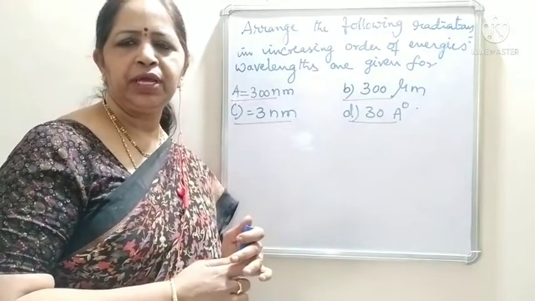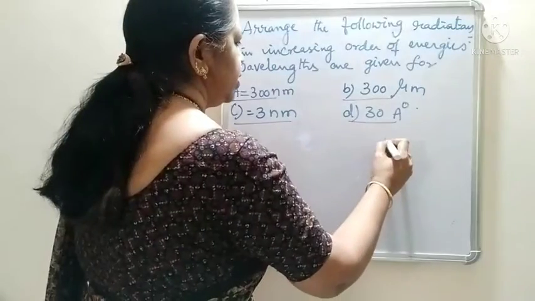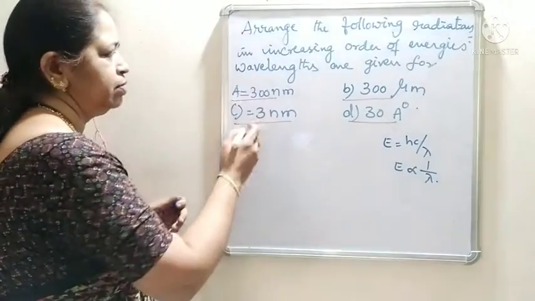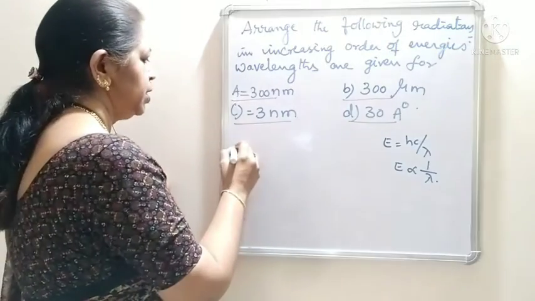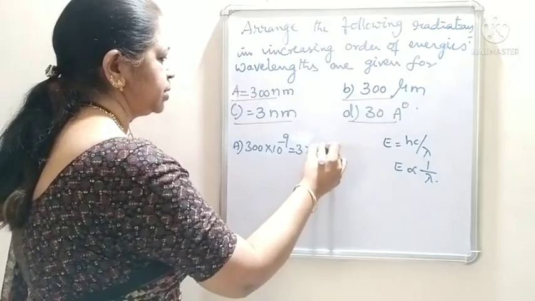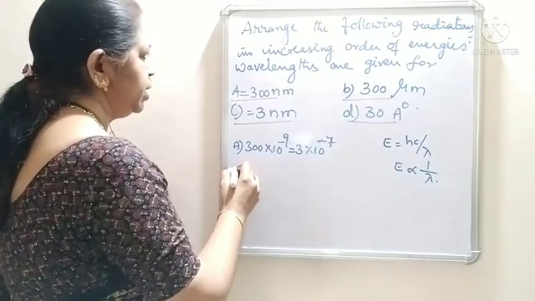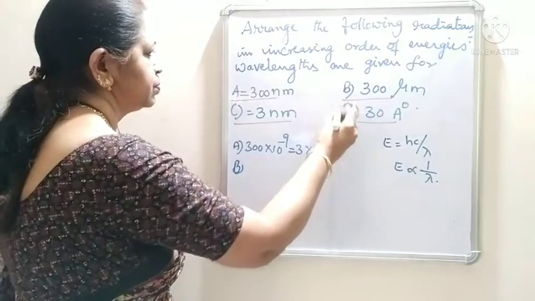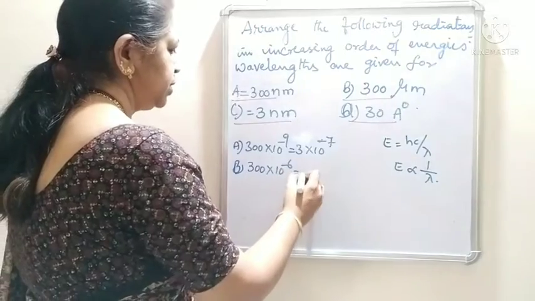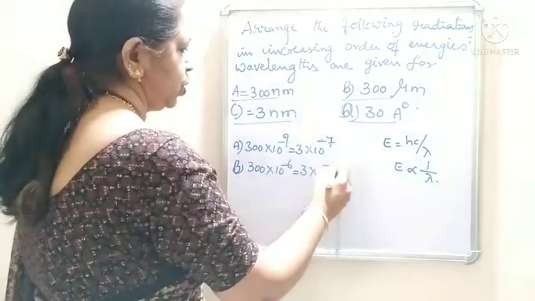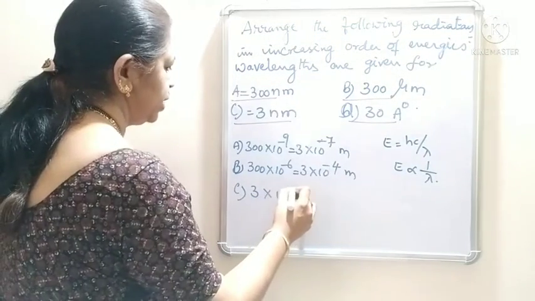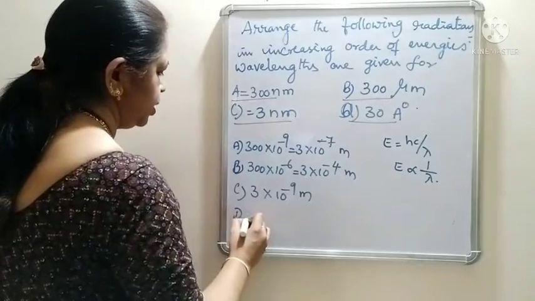And then what is the relation between energy and wavelength? We know that E is equal to hc by lambda, and E is inversely proportional to the wavelength. Now let us convert all these into meters. A is 300 nanometers, 300 into 10 power minus 9, which is equal to 3 into 10 power minus 7 meters, and B is 300 micrometers, 300 into 10 power minus 6, which is equal to 3 into 10 power minus 4 meters. All are in meters. And C is 3 nanometers, 3 into 10 power minus 9 meters, and D is